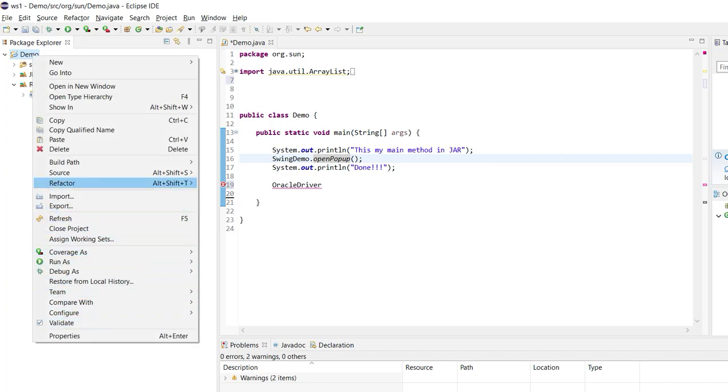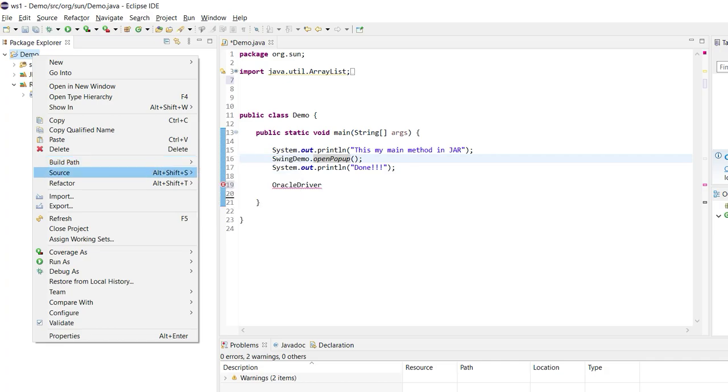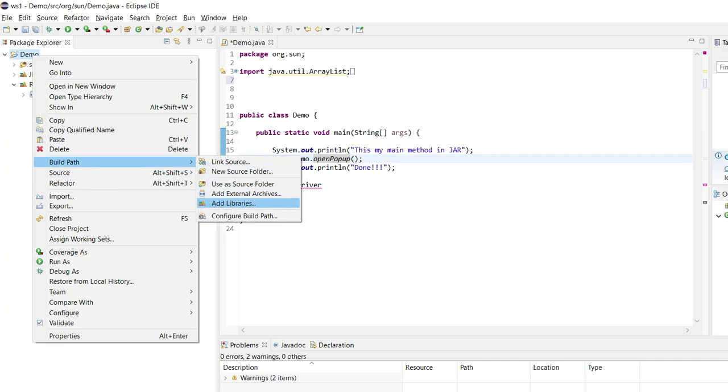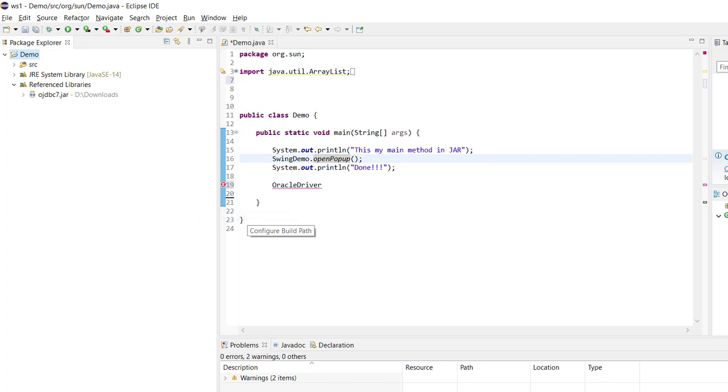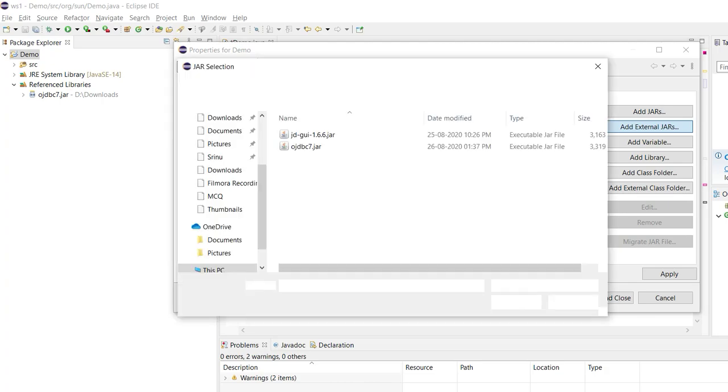So I'm going to Java build path. I right click and from the build path go to configure build path. Here in libraries, I remove this one and I will add from the lib folder. So in class path, add external jars.